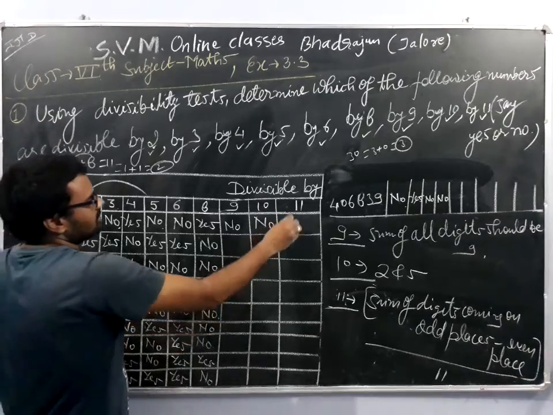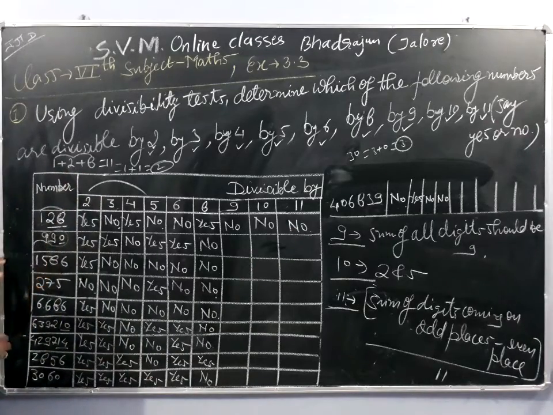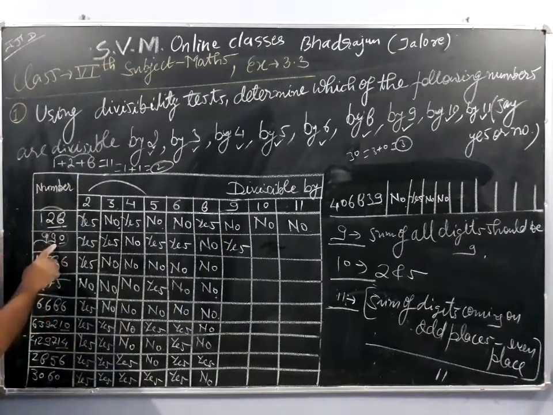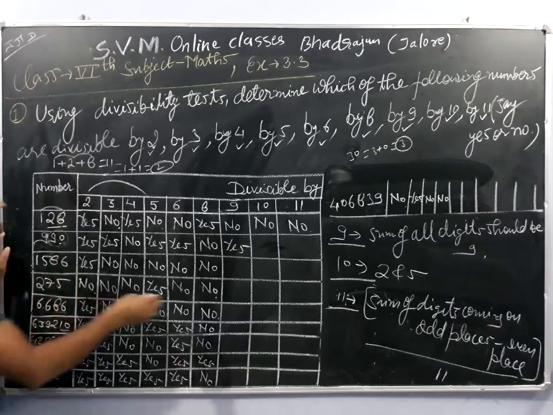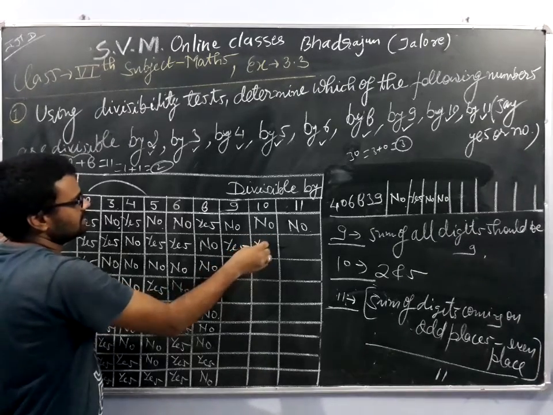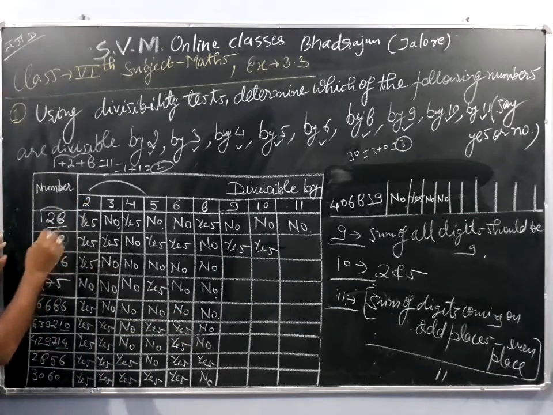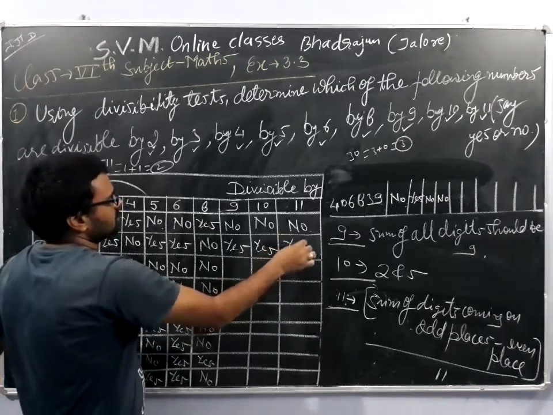7 is not divisible by 11, hence the whole number will not be divisible by 11. Now 990. We are seeing the sum is divisible by 9, hence the number is divisible by 9. So our response is yes. This number has a 0 in the end, hence the number will be divisible by 10. Now go for 11. Here we are seeing 9 minus 9, the difference is 0, hence the number is divisible by 11. So our response is yes.